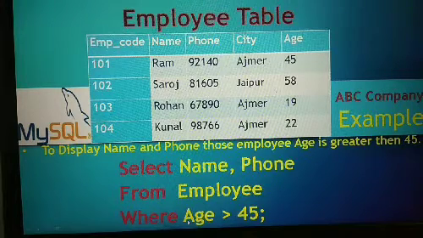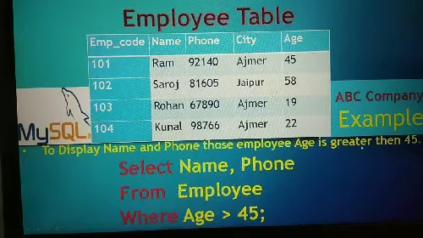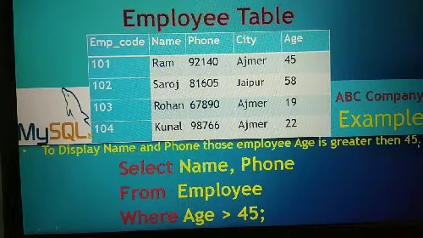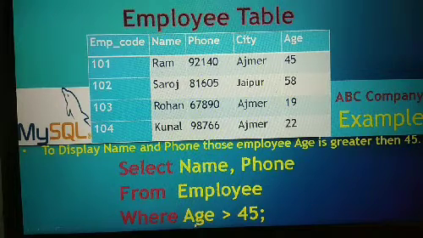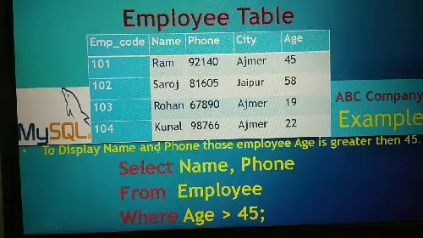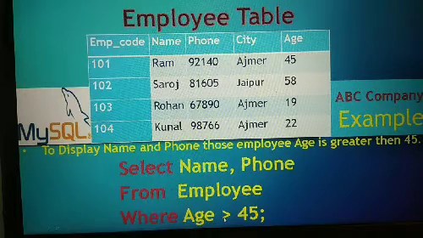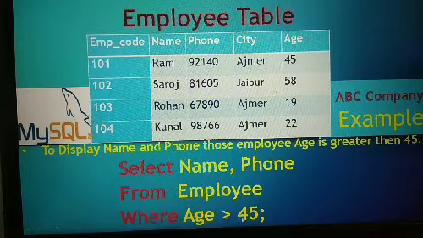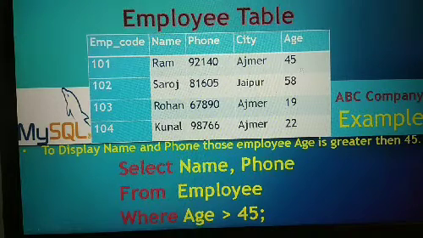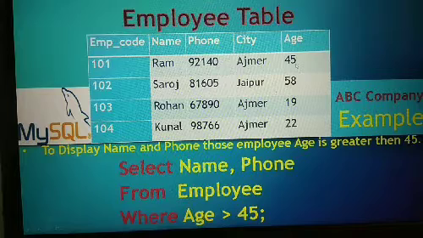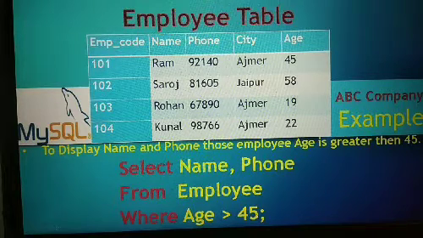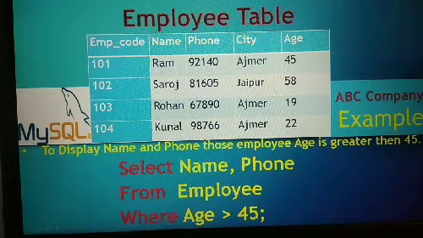So here our condition is age should be greater than 45. So we write our column name, age. Then we will use relational operator greater than symbol and our value 45. So we will write here 45. Is it clear? Let's see.